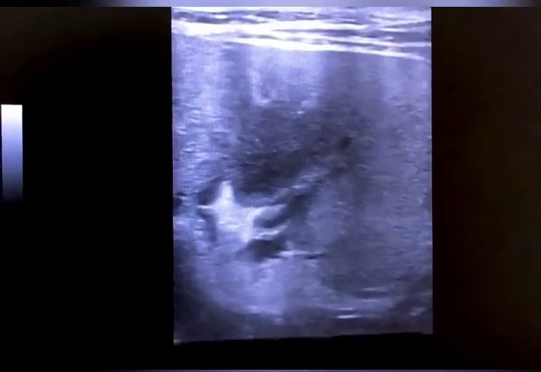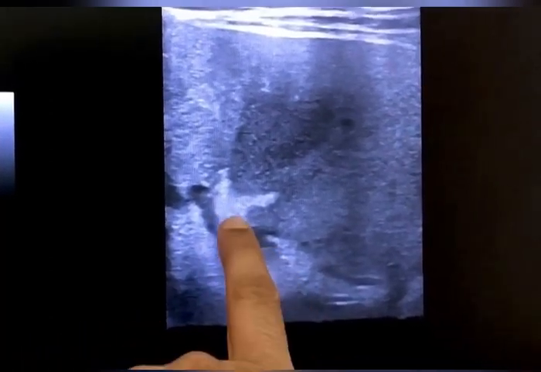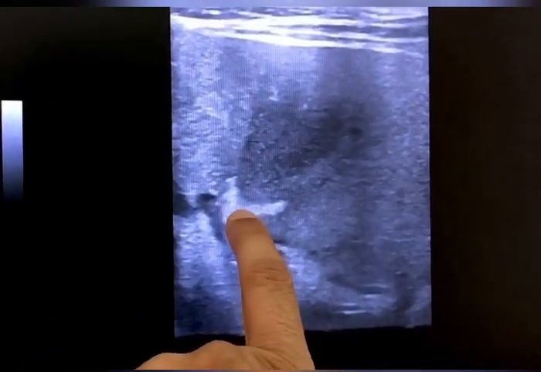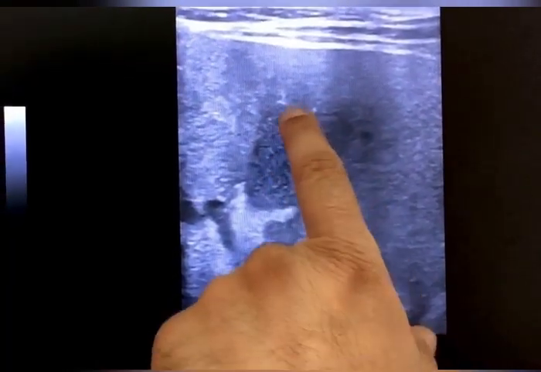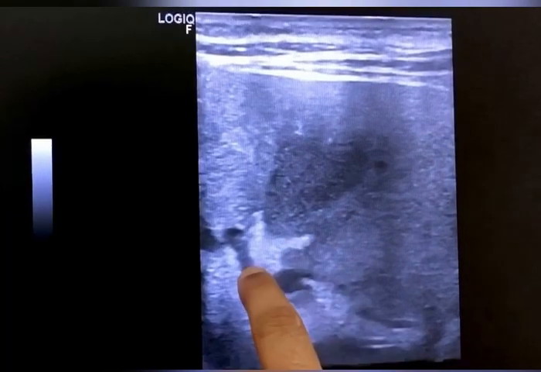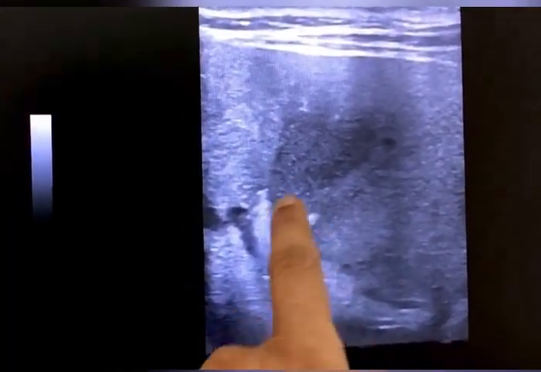This is the renal pyramid, triangular shape, and here is the papilla. And if there is papillary necrosis, then you will see the connection of this pyramid with the minor calyx. Here there will be connection, and if there is hydronephrosis.